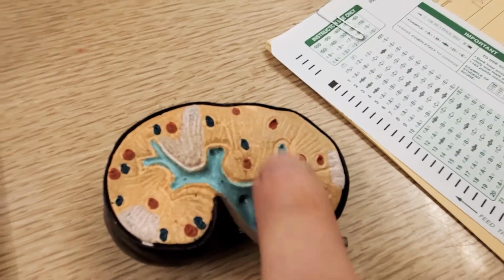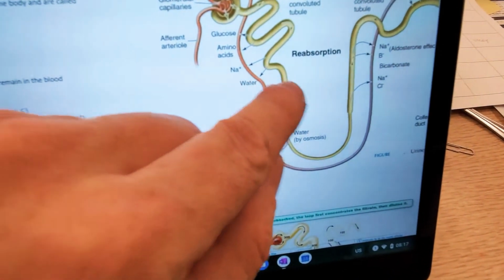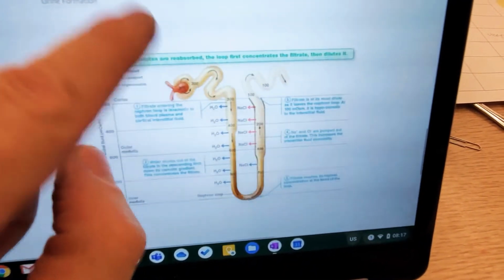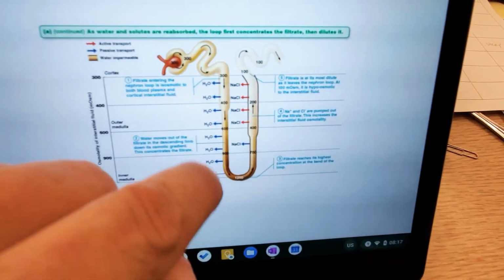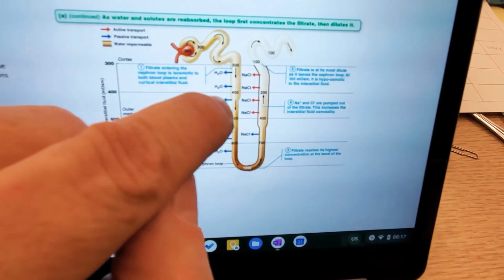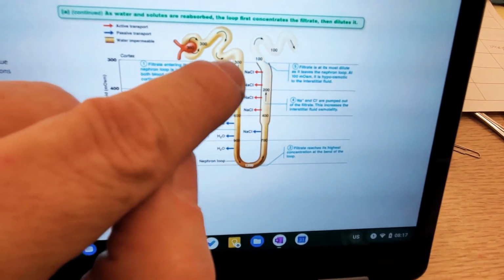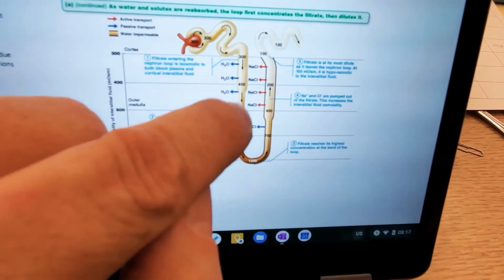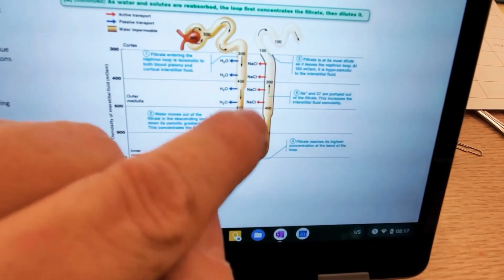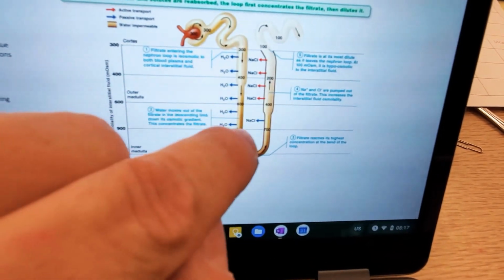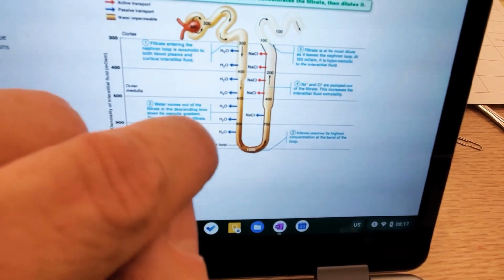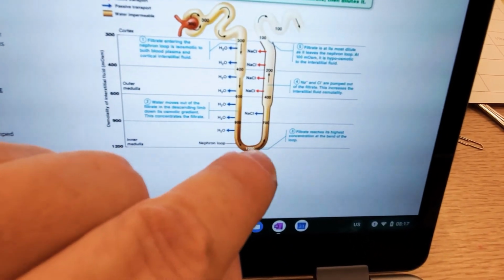So as the loop of Henle goes down, this area here is super salty. All around here is really salty. So there is a lot of action going on here in the loop of Henle. What happens here is there are channel proteins all along the descending arm of the loop of Henle. So things are going down, and it's really salty here. So what's going to happen? It's super hypertonic, so the water is drawn out through osmosis out of the filtrate,